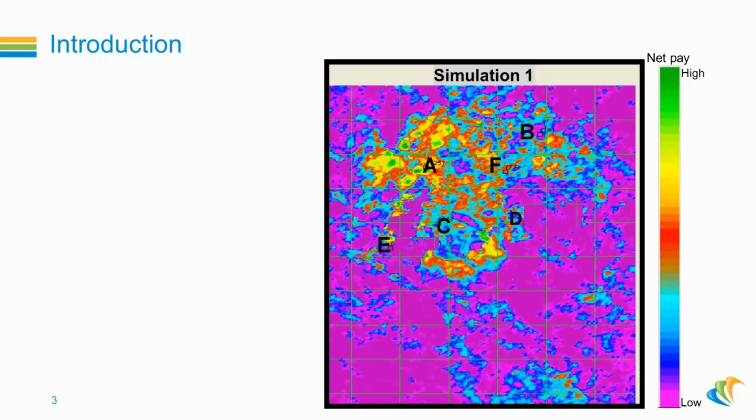So given a map of net pay like the one shown here, where you have drilled some wells, let's say I drilled wells A, B, C, D, E, I would like to know where is the next optimal location for us to drill. So would well F be a good well to drill? Net pay will provide me a quantitative assessment of hydrocarbon resources. So it will provide me this answer, where is the best next location to drill,